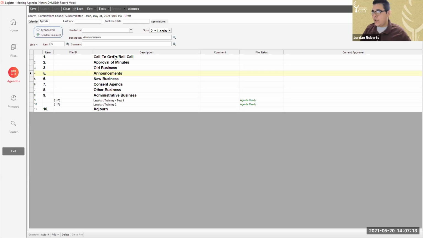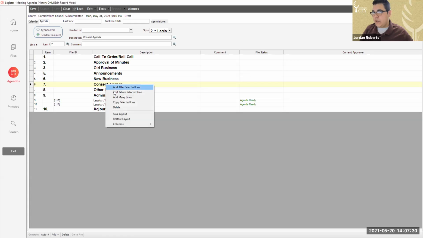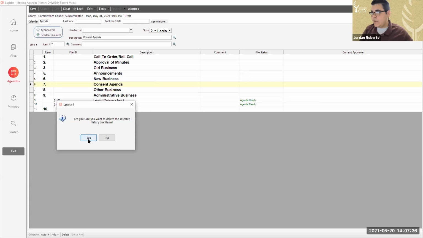and these look like what's going to be used for the agenda. But we need to rearrange them, and we need to take a couple of them out. So we're not going to use consent agenda or other business. So what we can do is we can actually select consent agenda. And just like adding an item, all you have to do is right click, and then you can delete an item. It will ask you, are you sure you want to delete the selected history line item? Select yes,